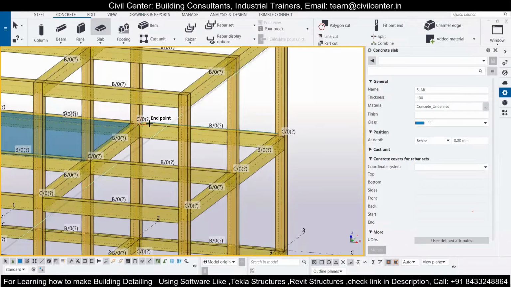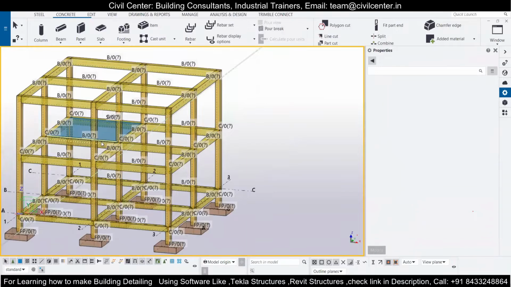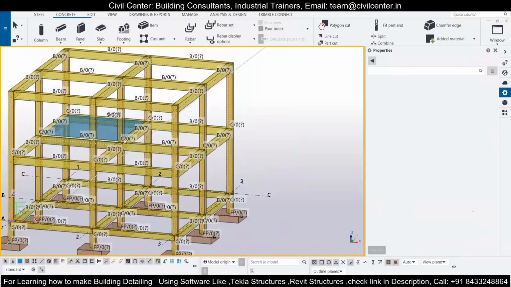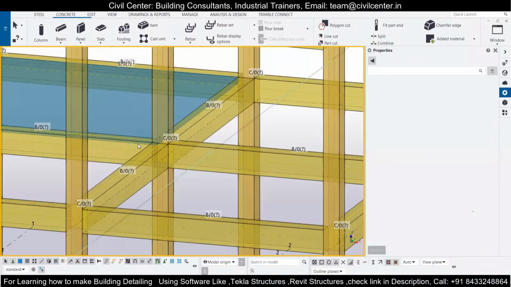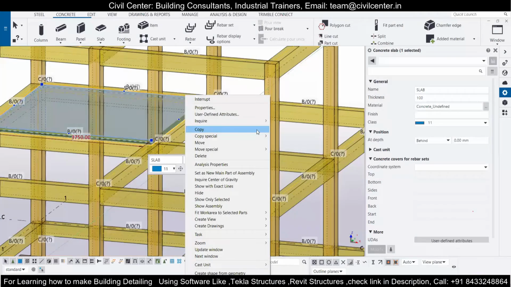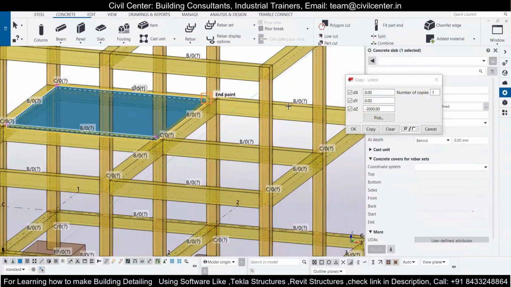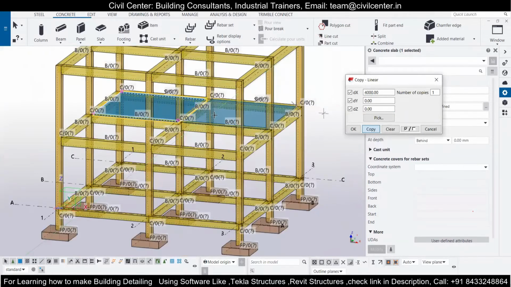Since all the slabs over here are the same, I can simply select the slab, then click on it and copy, in the linear way. I can grab the point and bring it over here, then click on copy and it will be copied.